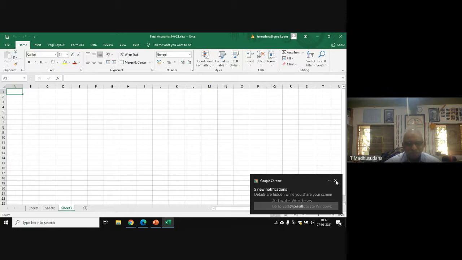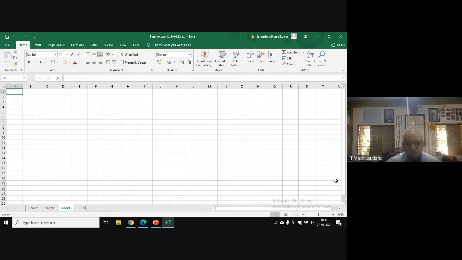TDR. Next, carriage outwards. Carriage outwards is an indirect expense. It is to be shown on the debit side of the profit and loss account. Carriage outwards, PLDR. Next, bad debts provision. There is a bad debts provision of 20,000 rupees. This bad debts provision is to be shown in the